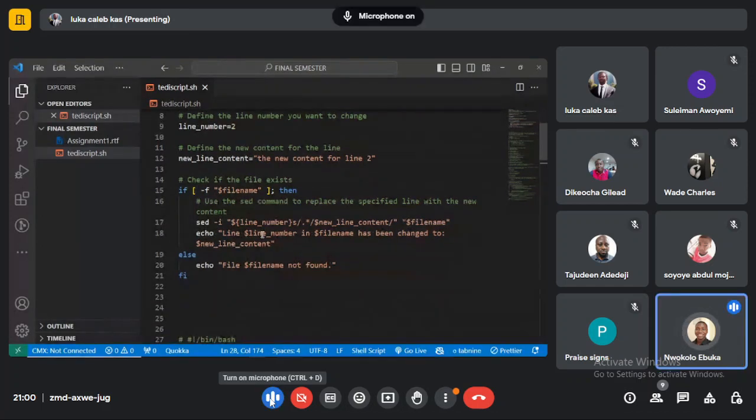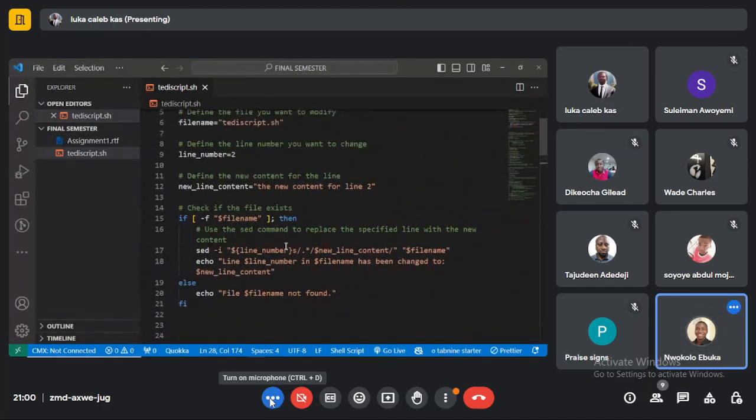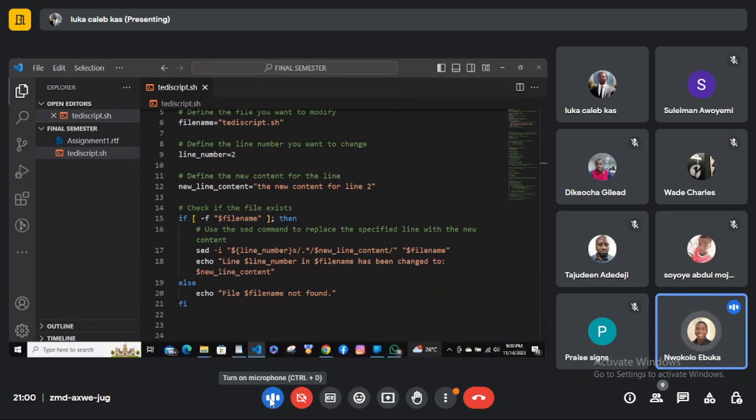Okay, so just to give some clarification, the script you wrote is a script that helps change a particular line with an exact word. It doesn't really have to be the number. It just changes a particular word in a particular file. So, for instance,